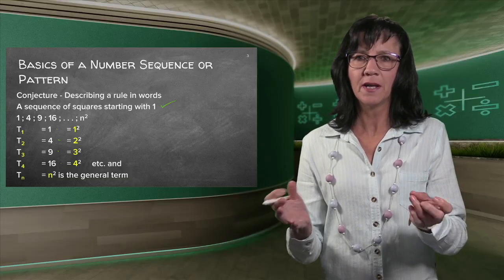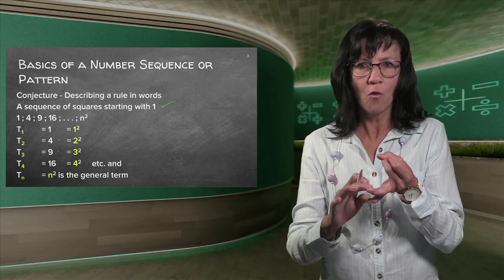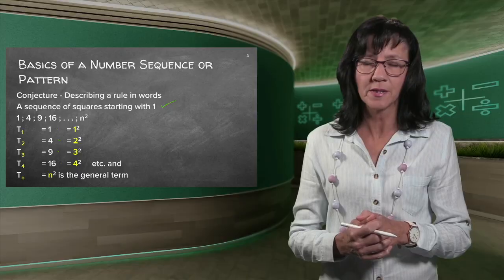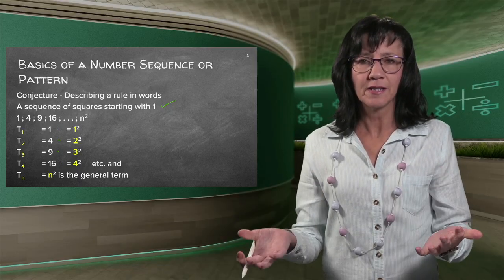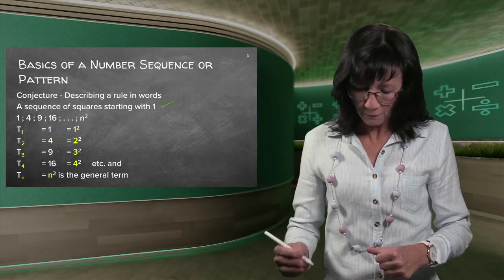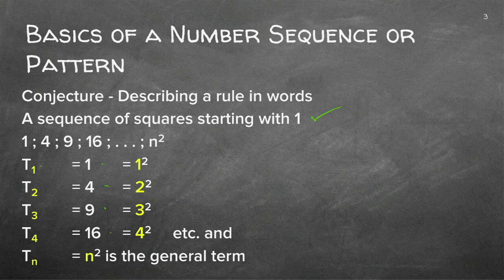What is a square figure? It's 1 times 1 is 1, 2 times 2 is 4, 3 times 3 is 9. So those answers that you get are the square numbers. Now I've written it in words, and we've also written it in figures. If you look at the figures, can you see the pattern here? T1 is 1 square. T2 is 2 square. And so we carry on. T3 is 3 square. So if we get to the nth term, it is automatically n square.